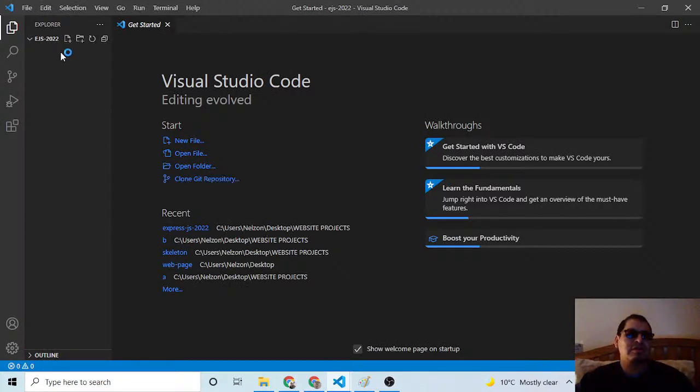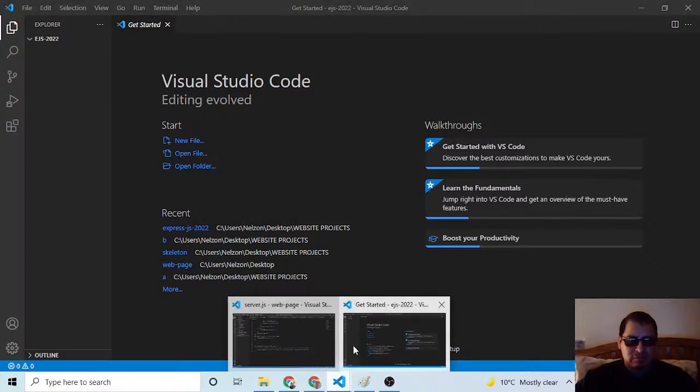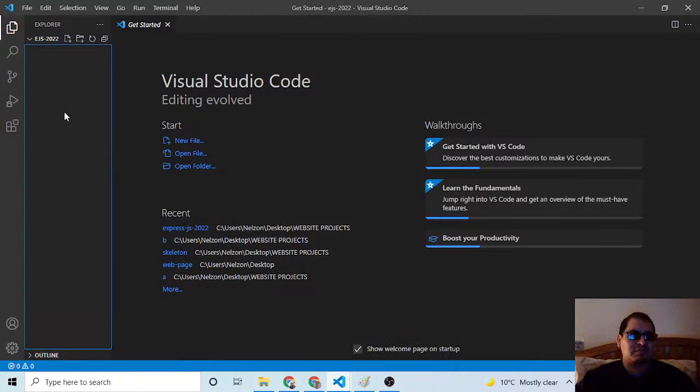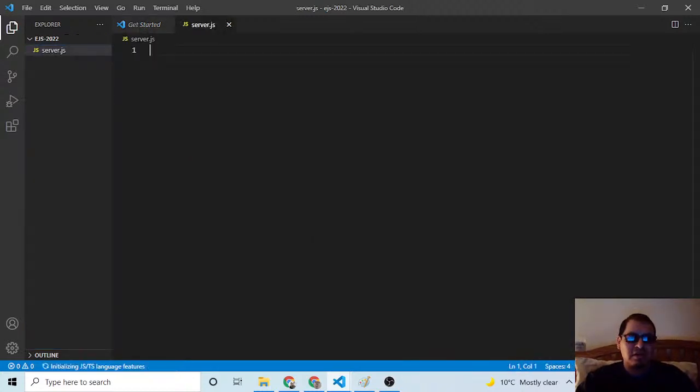Oh, okay, so I have a blank page right now. Yeah, and I'm going to create a file called server.js, and in here I'm going to write my program. This program has to be Express.